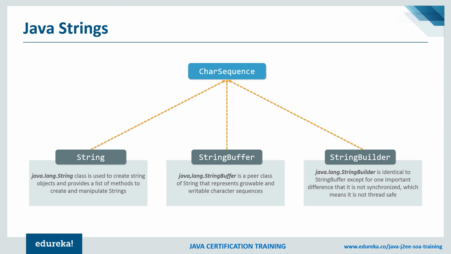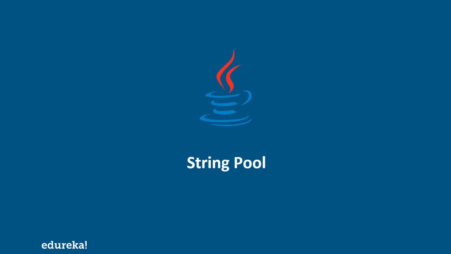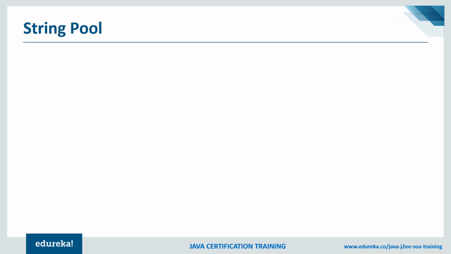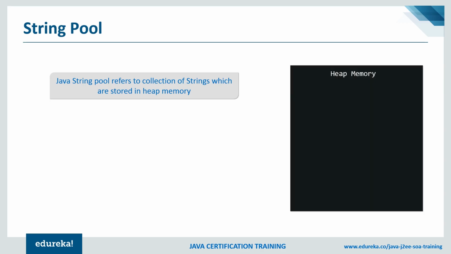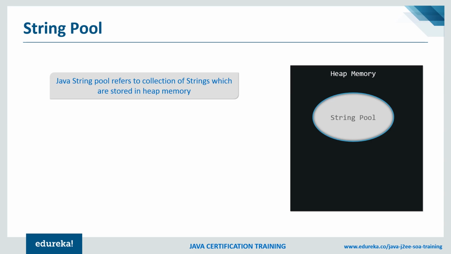So that is the difference between buffer and builder. Now we'll understand how we can create strings in the memory. Strings in the memory are created in an area called string pool. Java string pool refers to a collection of strings which are stored in the heap memory. So in the heap area, there would be a string pool which will be created,